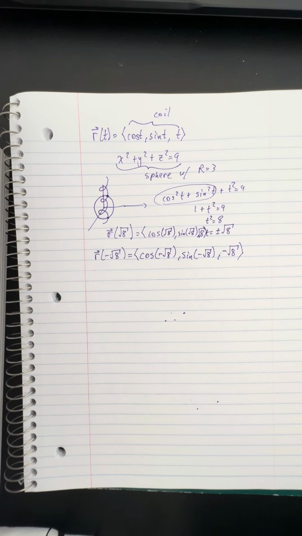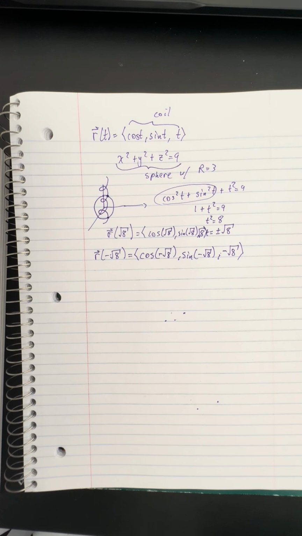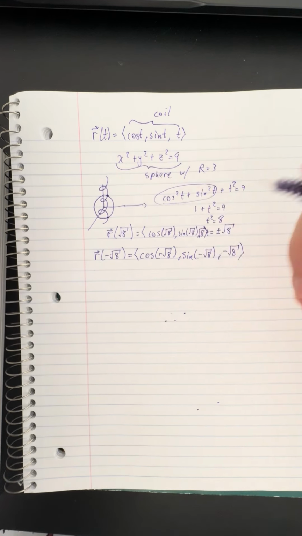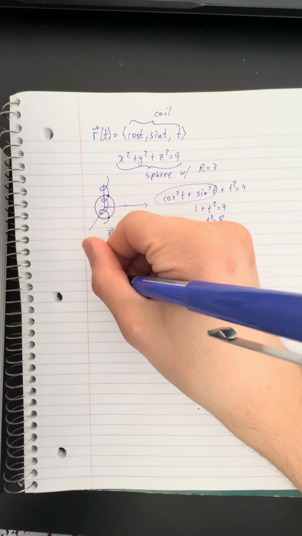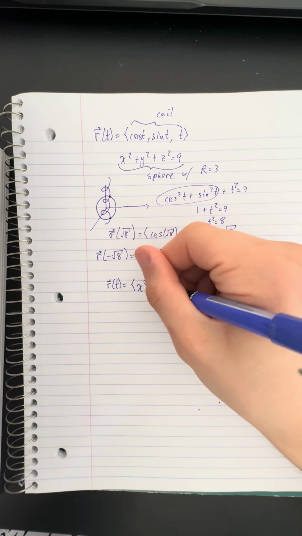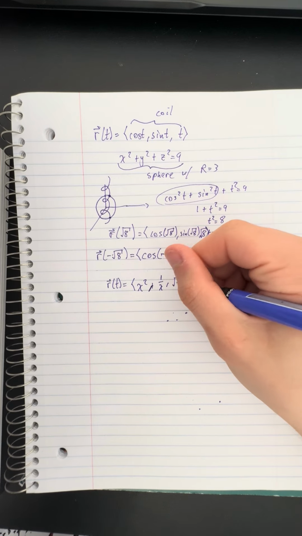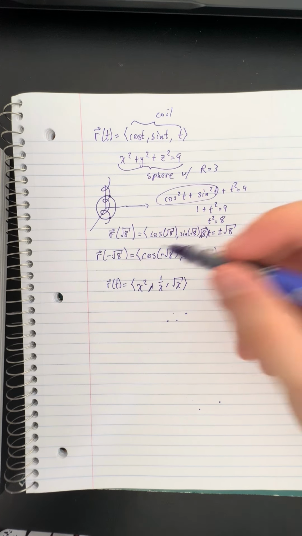Now another important thing that's pretty easy that they like to ask questions about is just the domain of a vector valued function. It's kind of hard to explain just with words how you find this domain. I think it's easier if we look at an example. So if they ask you to find the domain of r of t equals x squared, 1 over x, square root of x,